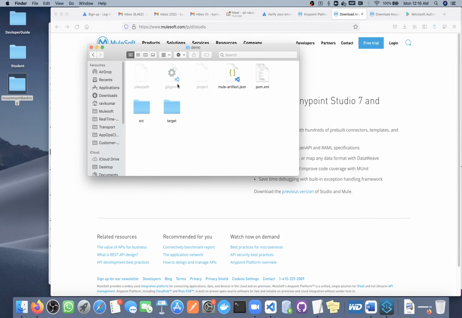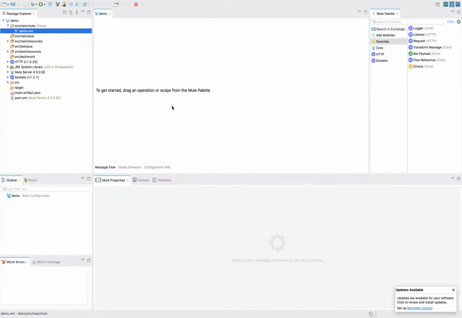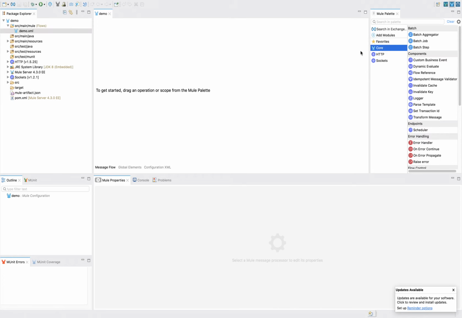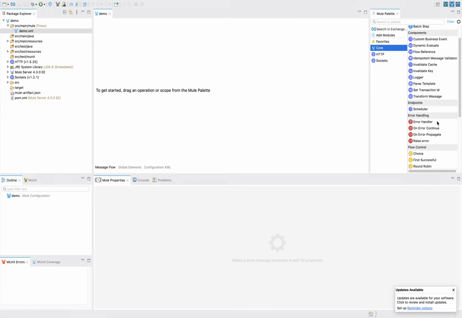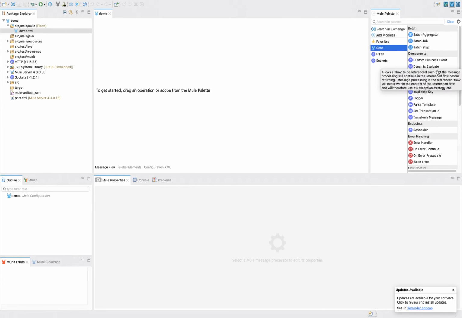Whatever files you can see there, the same files are here also. On the right hand side you will be able to see all the MuleSoft components, connectors, everything. Inside core you will see all the MuleSoft components. What kind of components do we have in MuleSoft?